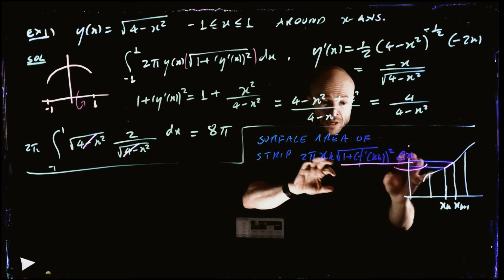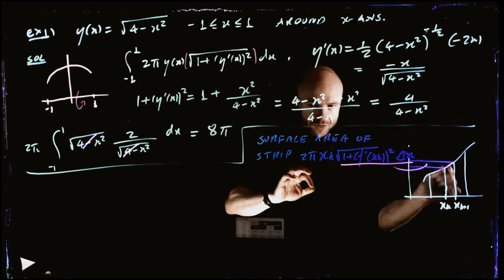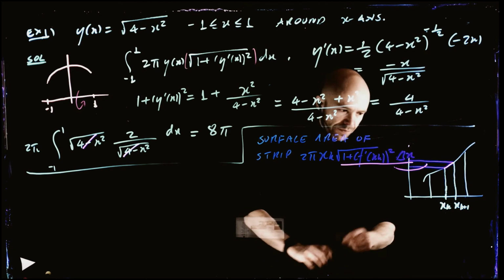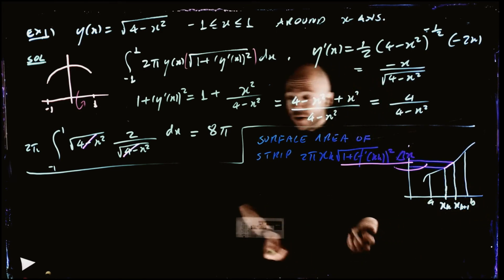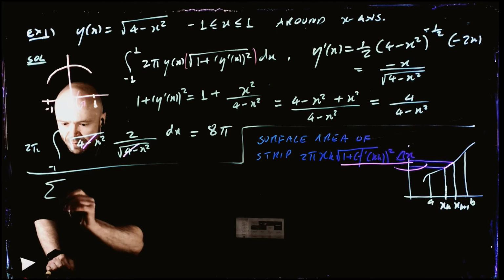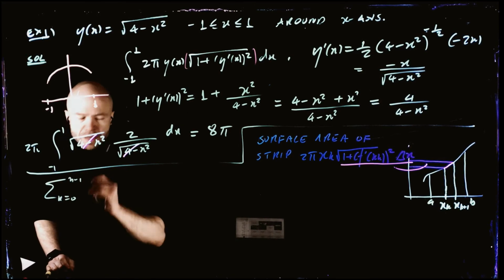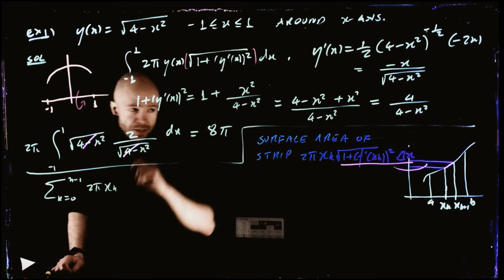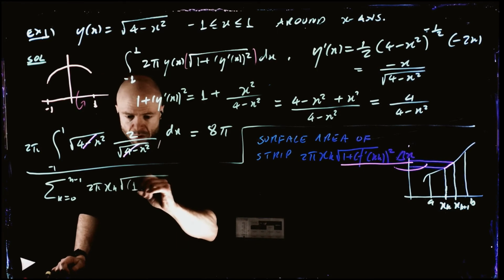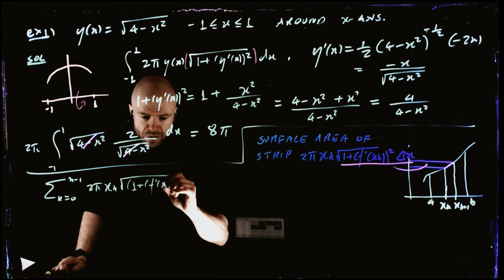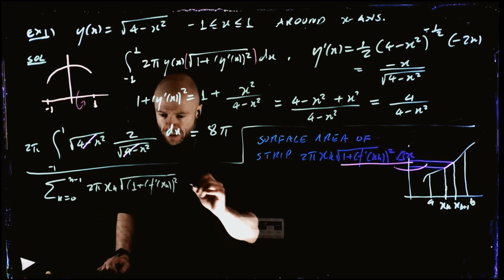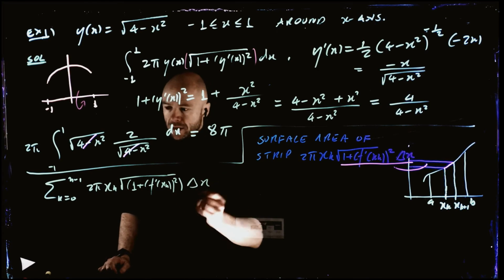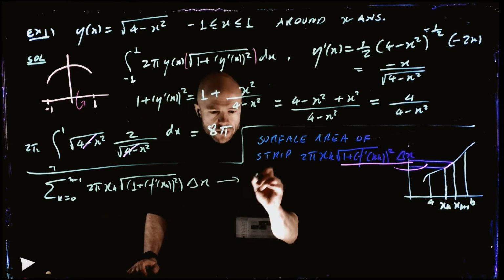So this is one of the strips that we want, but we have all of these strips as we cut it across from A to B. So it's exactly the same as before. We're going to have a sum from k equals 0 to n minus 1 of each one of these expressions: 2 pi xk times the square root of 1 plus f prime of xk squared, times delta x. And then we're going to pass to the limit, and it's going to be the integral from a